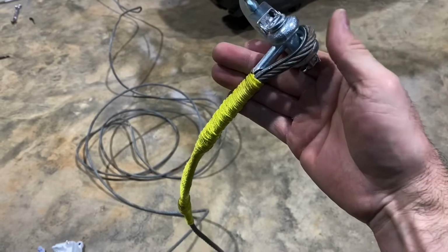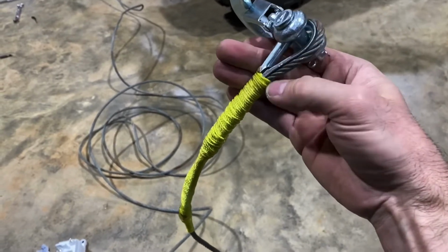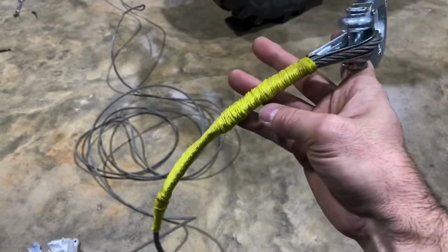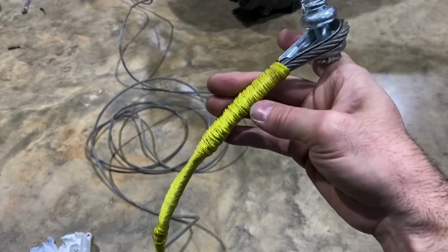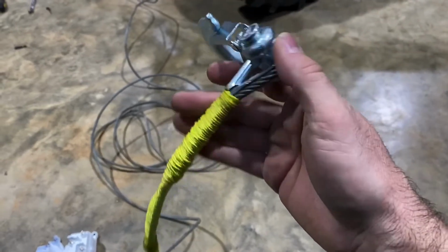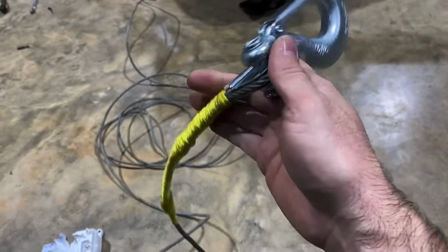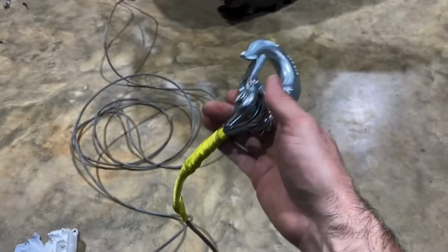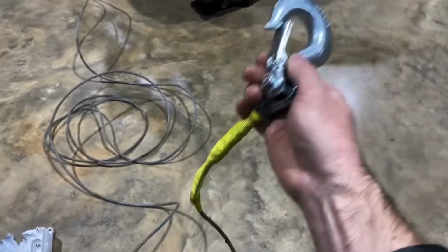Over time, after pulling on this, it will take shape again, and this can just be dressed up with tape if something happens and this breaks and falls off. It's just wound, and I melted the ends and super glued the ends to keep it from fraying. It's just to protect your hands. It doesn't provide any strength. But it's all right. It looks good, and it's fine. But anyway,